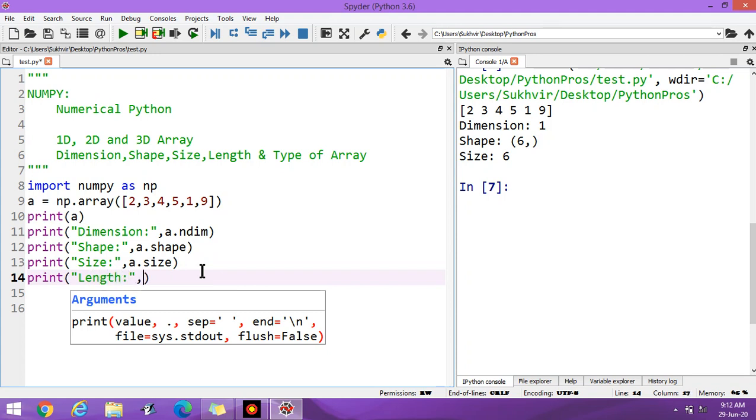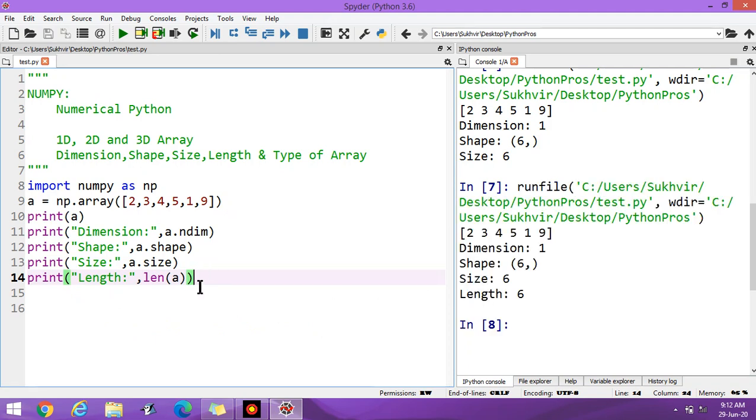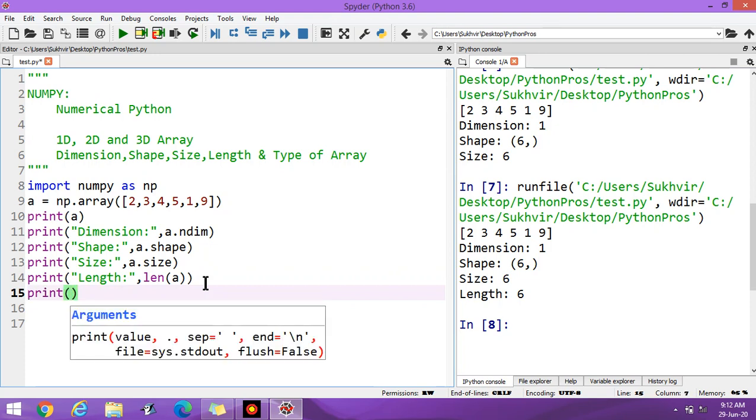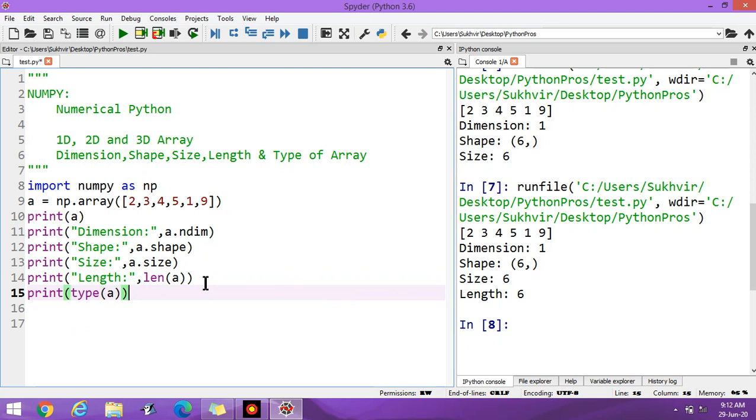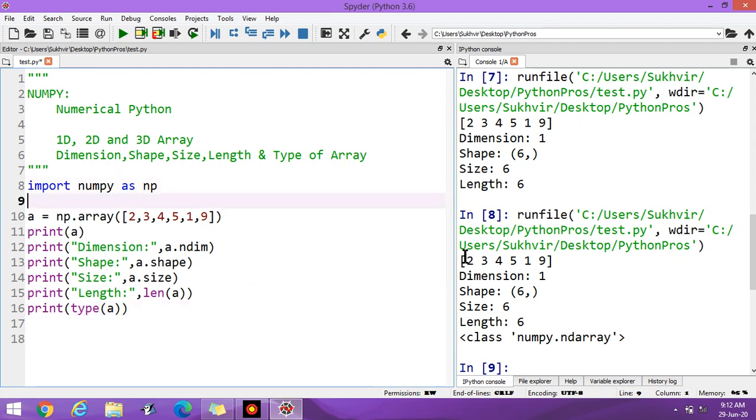We can write len(a). Execute again. Length is 6. To find type, you can write type of a. It's numpy.ndarray. It's all about one dimension array. You can write here 1D array.